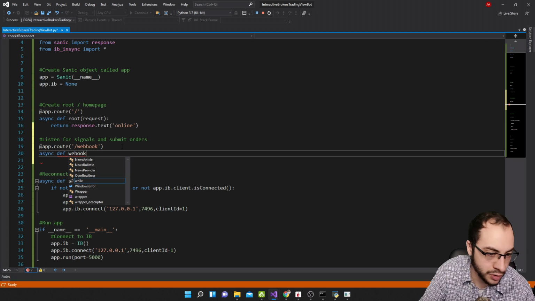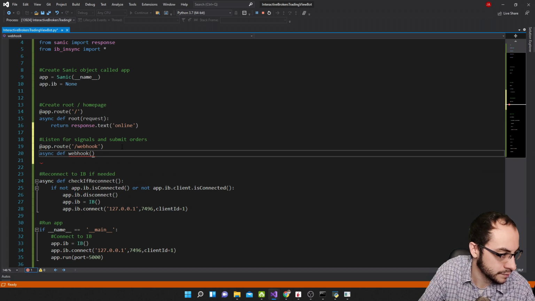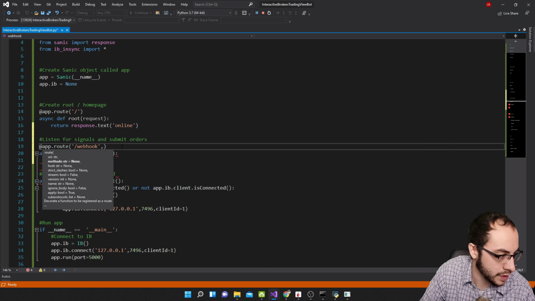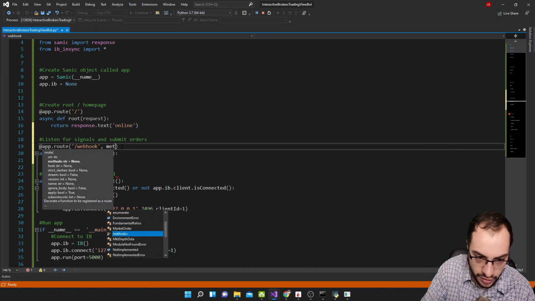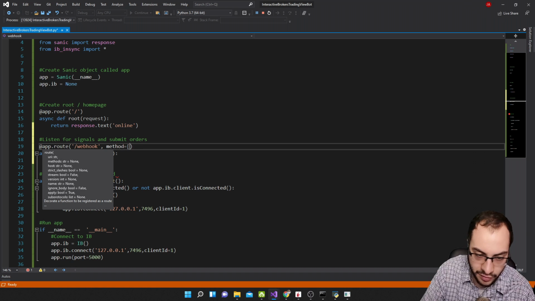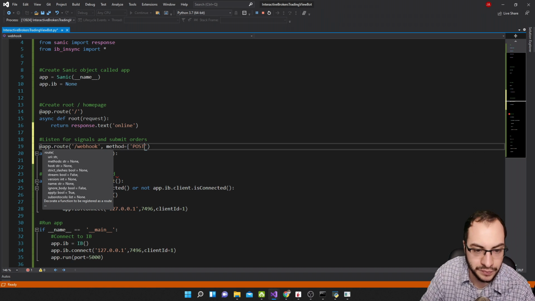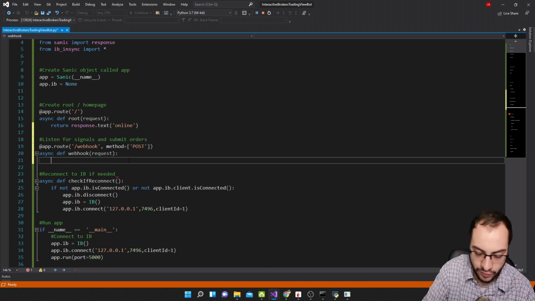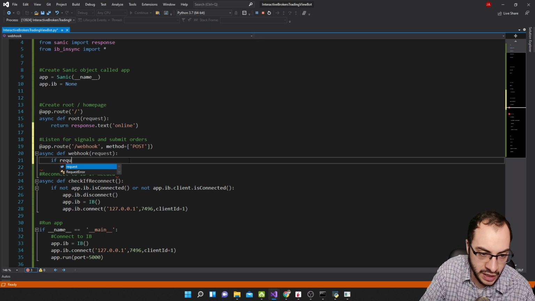I'll just call it webhook, and it's going to take a request. Oh, and I think we need to say we're using, because it's going to be a post method. The signals are always a post method. Okay, perfect. So if we're receiving a post method, which is different from a get method,